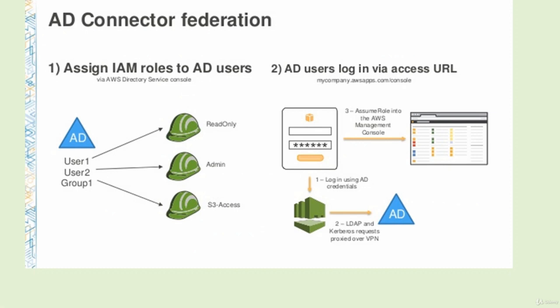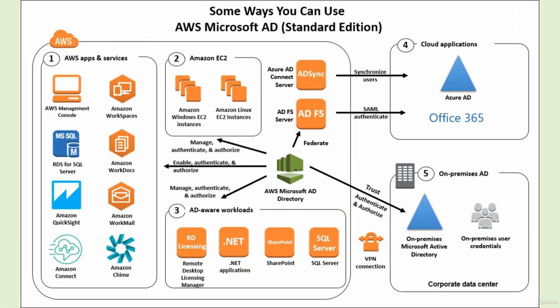You could also set permissions allowing different roles for different AWS services like S3, Lambda, API Gateway, or things like that. Then AD users log in via an access URL for SSL login, with authentication on AD credentials. Then you have LDAP and Kerberos requests proxied over the VPN. So this was a simple scenario